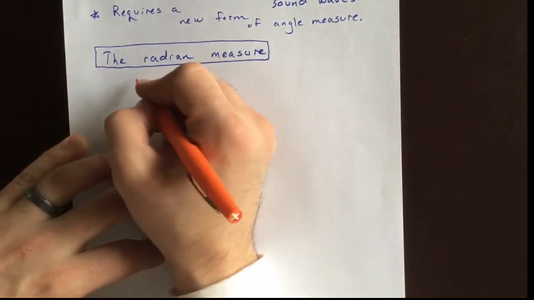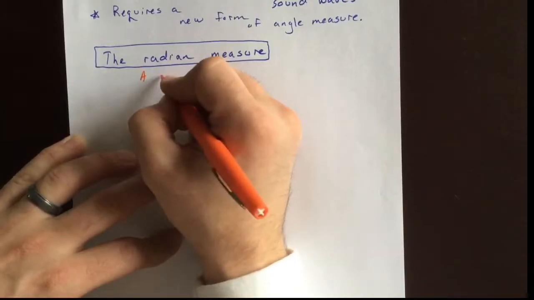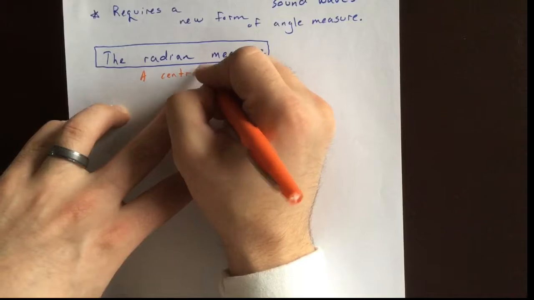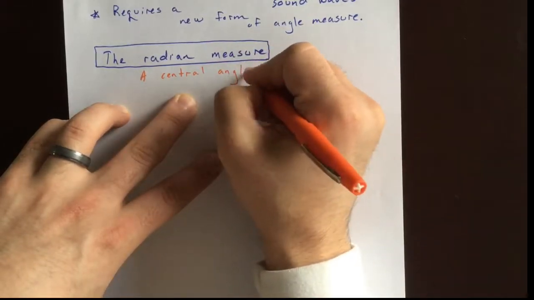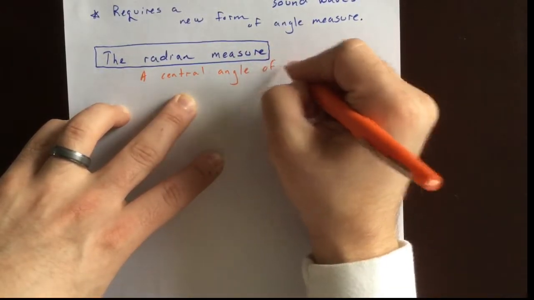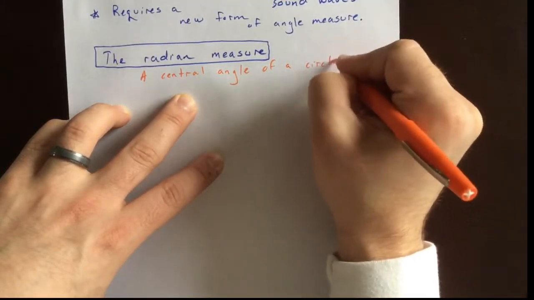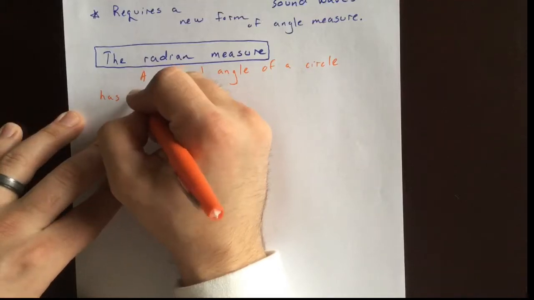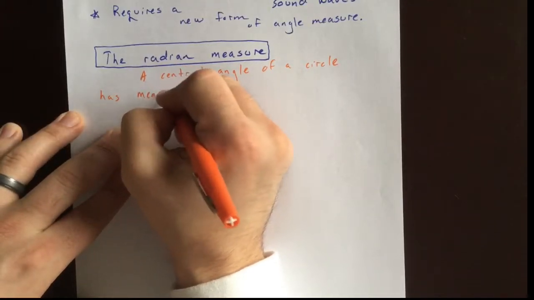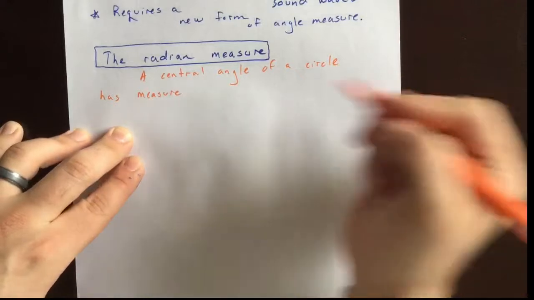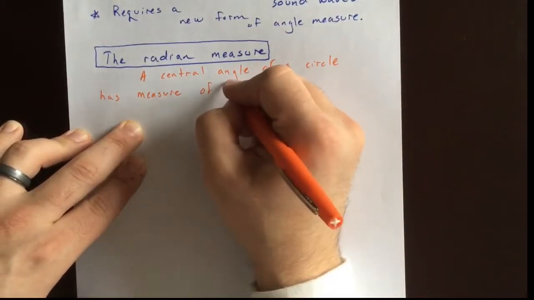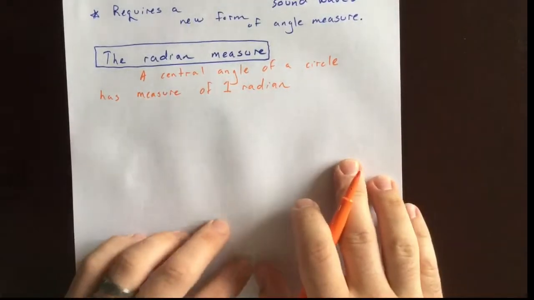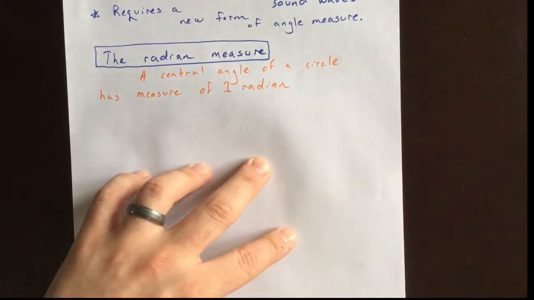Here, what a radian is: a central angle of a circle has a measure of 1 radian